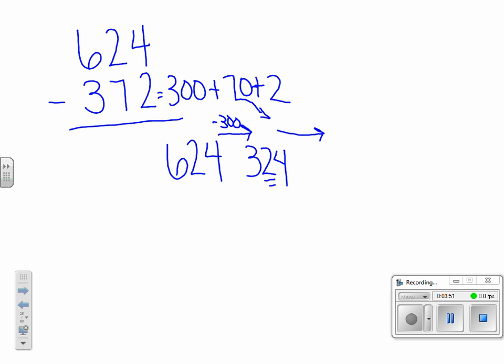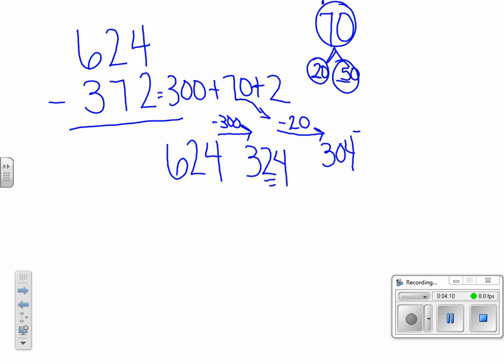Well, I really only have two 10s. So what I can do is take 70 and number bond it into a 20 and a 50. 20 plus 50 equals 70, so those can be parts of this whole. So I'm going to take away the 20 first. That gets me to 304. Now I can take away that 50, and that's going to give me